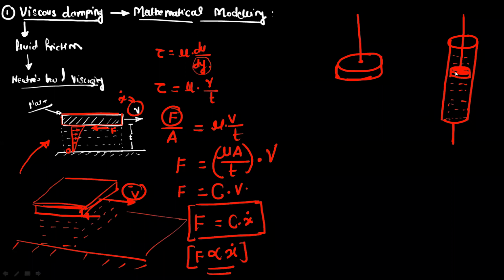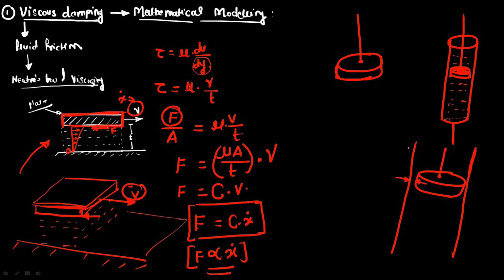So here in the telescopic suspension, how Newton's second law is used in order to design the damper. This rectangular plate is just converted into this circular one. Just imagine there is a small gap between this piston and this cylindrical tube.